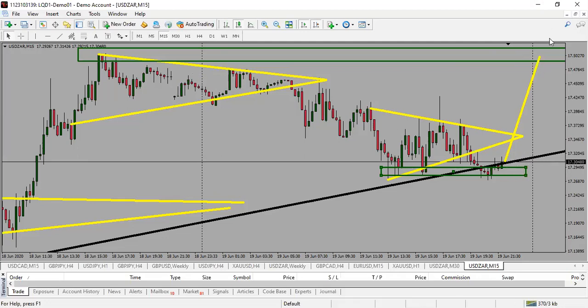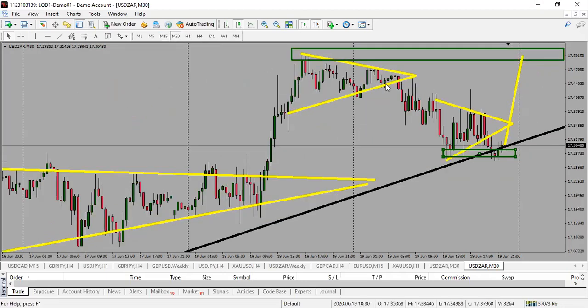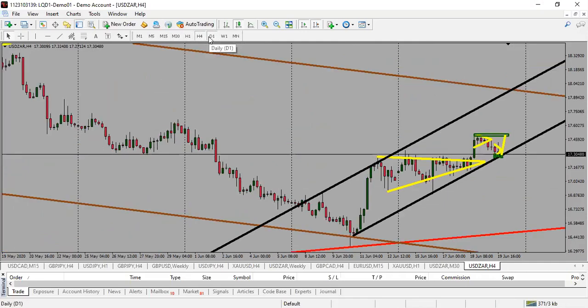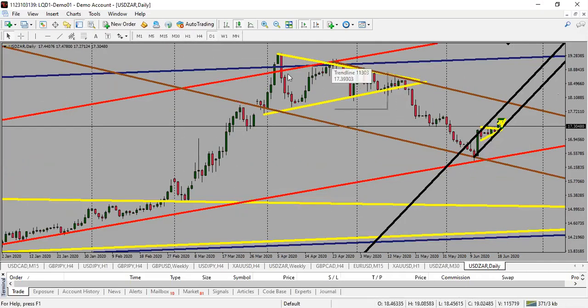So this second leg is just to hit the stop losses and to induce buyers. So there's a lot that is happening in the second leg, guys. As you can see, we're trying to build a second leg. They're building a second leg to take out this wedge, and at the same time, they are building a second leg for this